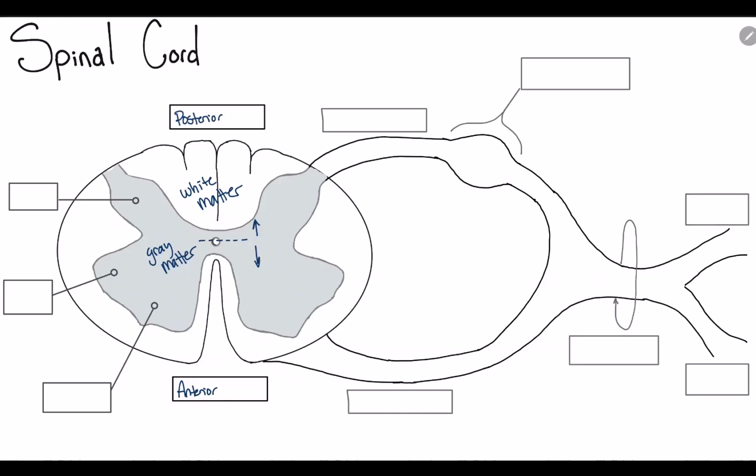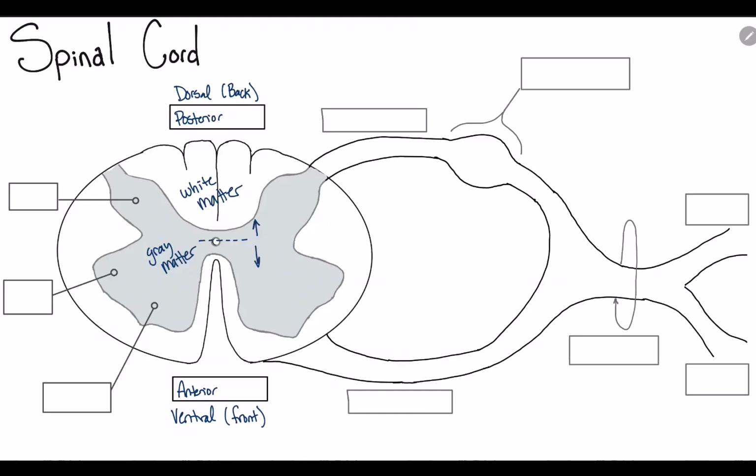the spinal cord. Now, anterior and posterior can get a couple different names. Posterior can also be known as the dorsal or the backside, while anterior can also be known as the ventral or the front or stomach side. These are going to be important as we switch naming a little bit as we move from inside of the spinal cord to these nerves that you can see leaving or entering the spinal